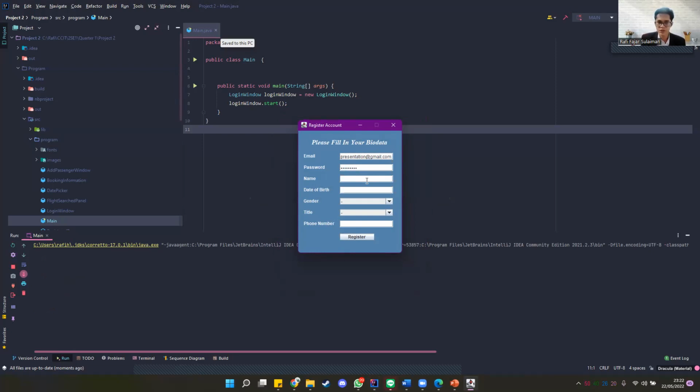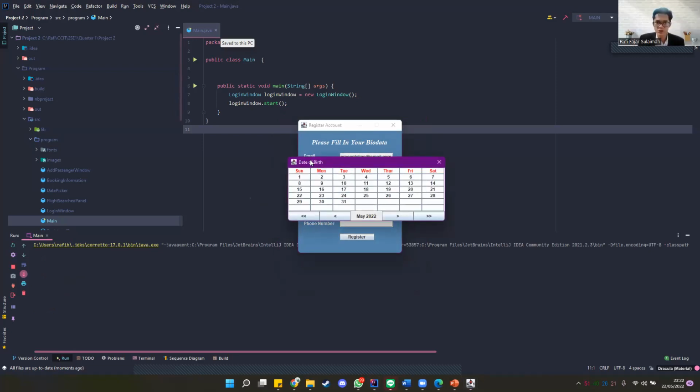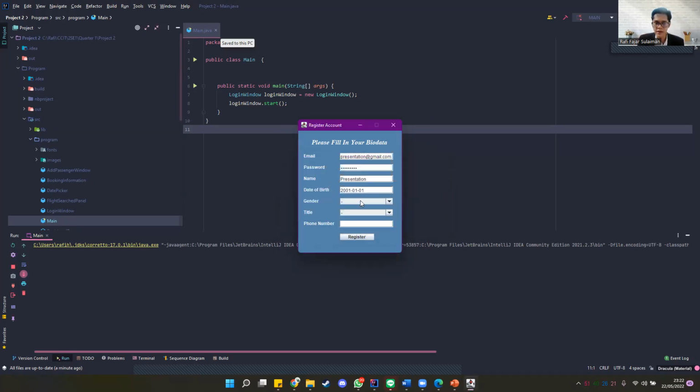And date of birth, which uses a date picker. We'll need January 1. And then we'll use male gender, phone number,